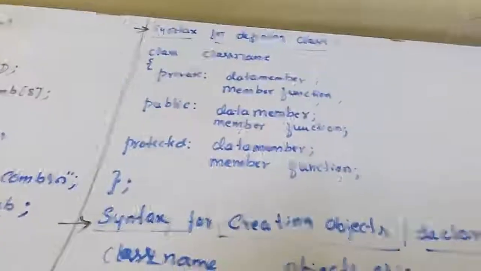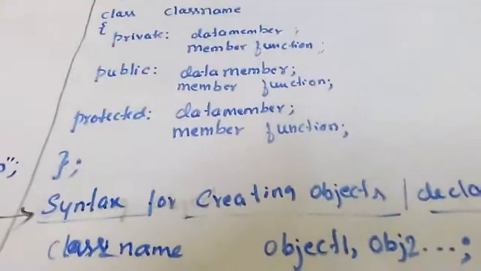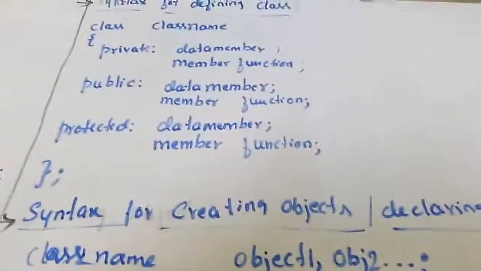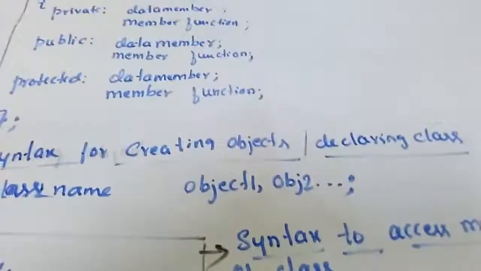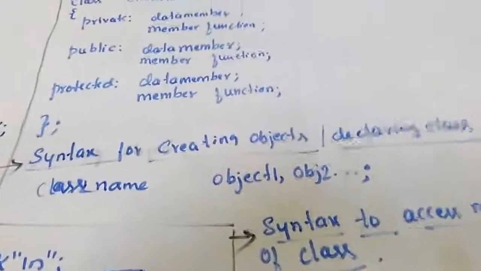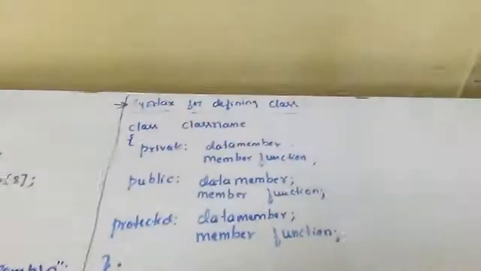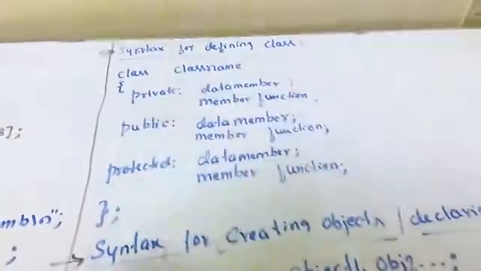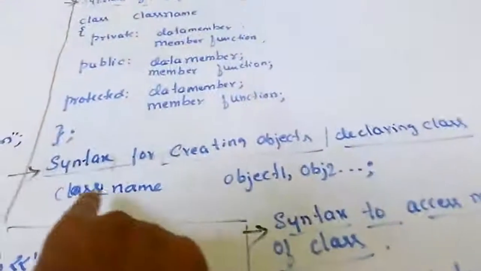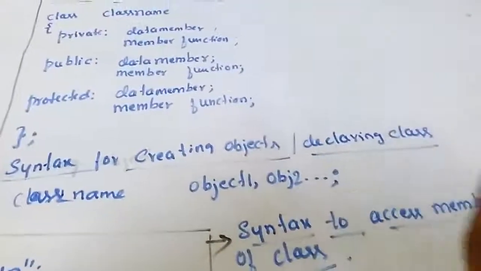Now, the first point is the process of naming a class and specifying data members. Whereas class declaration, what is meant by declaration of a class? Creating objects for the class which is already defined. So class declaration is nothing but creating an object for the class which is already defined, isn't it? Now, the second point, what you need to write? General syntax. On the class definition side, this is the general syntax. On the class declaration side, this is the general syntax: class name, object 1, object 2, semicolon.